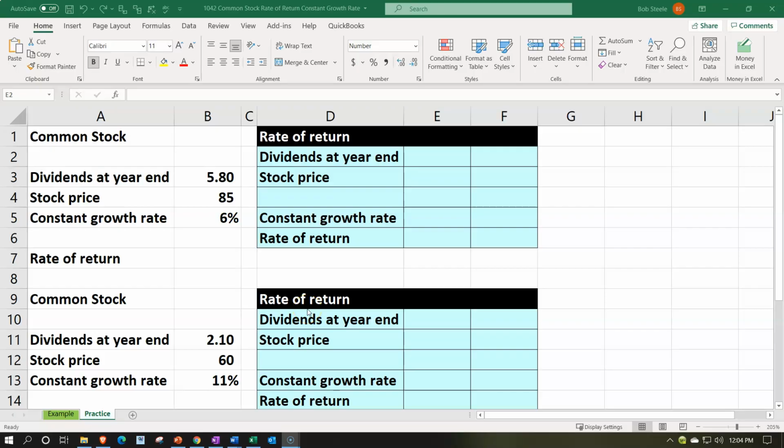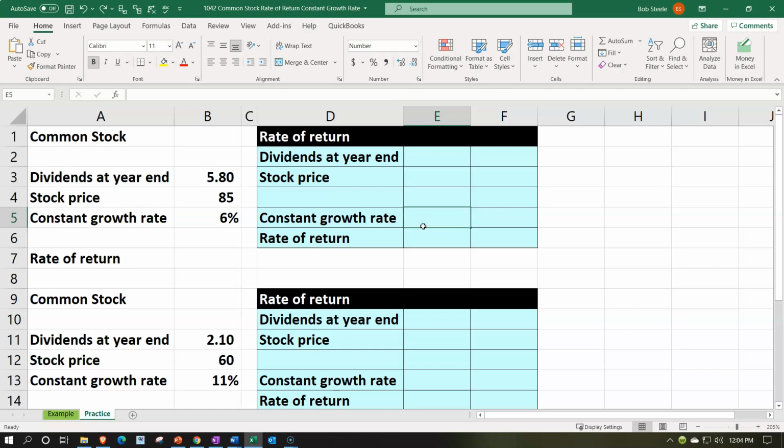Here we are in our Excel worksheet. If you have access to the Excel worksheet and would like to follow along, note that we are in the practice tab as opposed to the example tab, the example tab in essence being an answer key. Information will be on the left-hand side. We're going to use that to populate the blue area on the right-hand side, looking into the rate of return